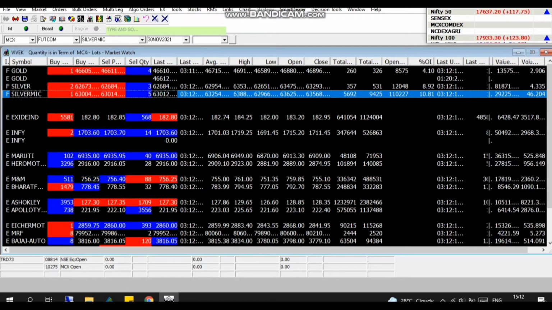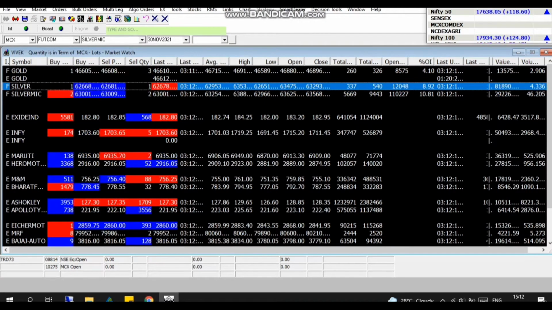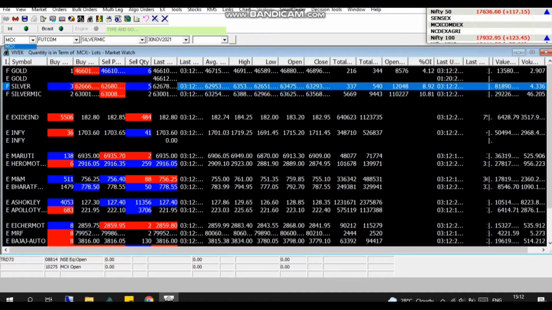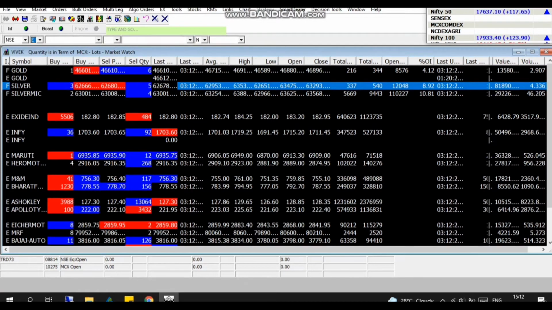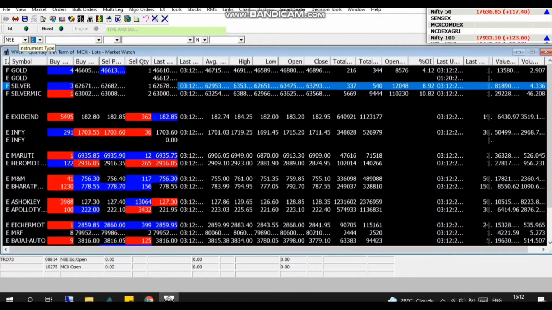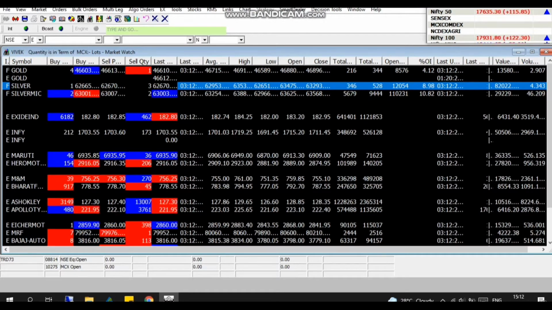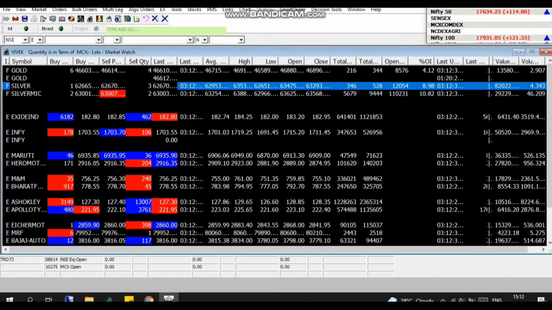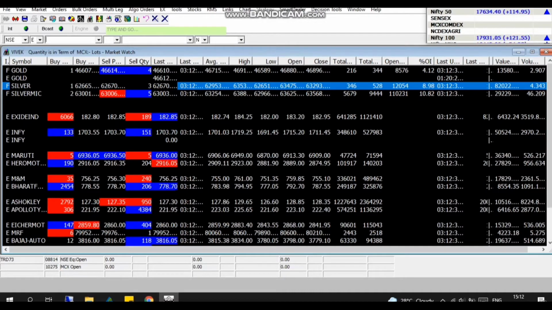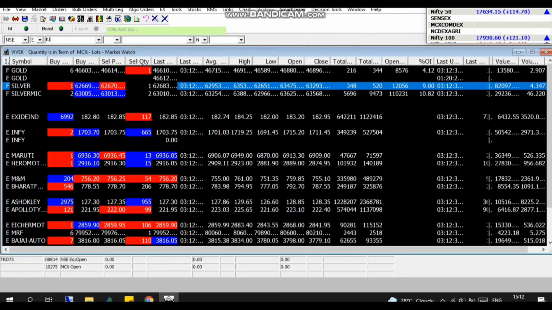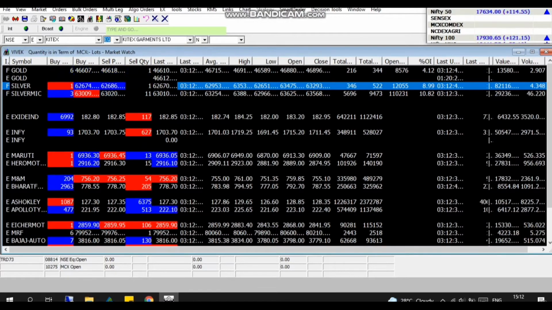Now there might be chances when your script comes in between your other shares. So if you want to remove that, just press Ctrl X, take it to where you want to shift that script and press Ctrl V. So that script automatically will shift from there to the place where you want it.